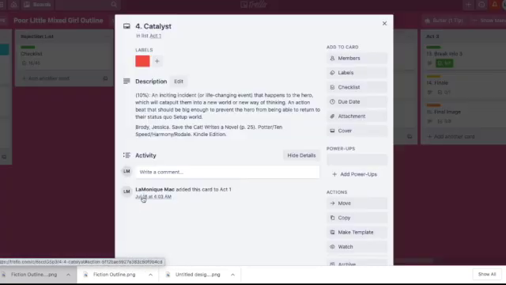The catalyst, that is an inciting incident. So even before we knew about story beats, everybody knew you need an inciting incident, okay? So this is beat number 4. It's under Act 1. You need an inciting incident or a life-changing event that happens to the hero, which will catapult them into a new world or a new way of thinking. An action beat should be big enough to prevent the hero from being able to return to their status quo